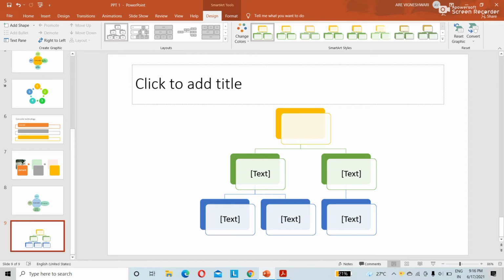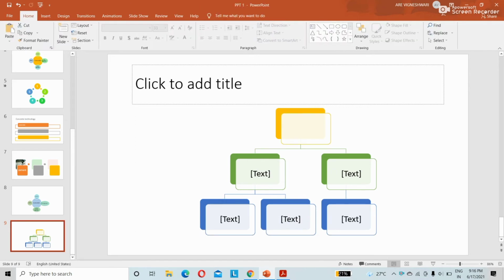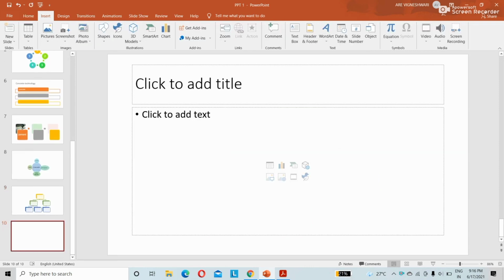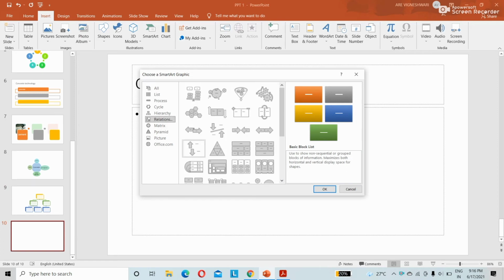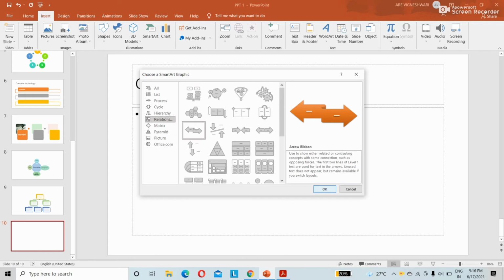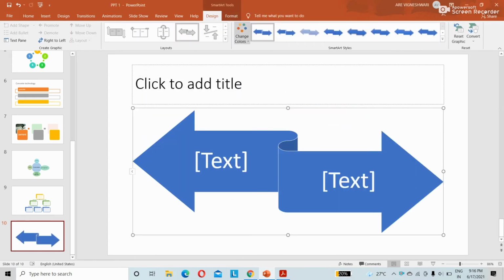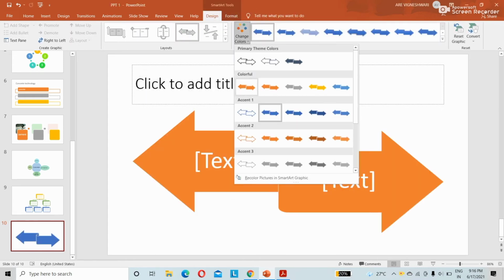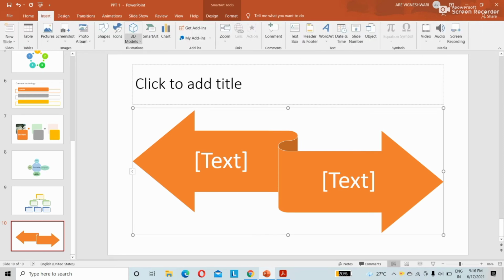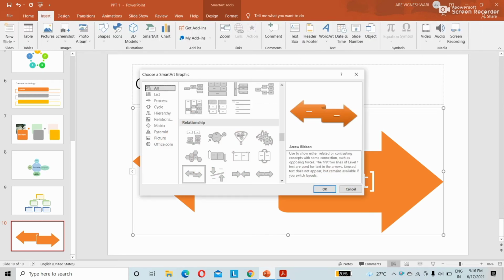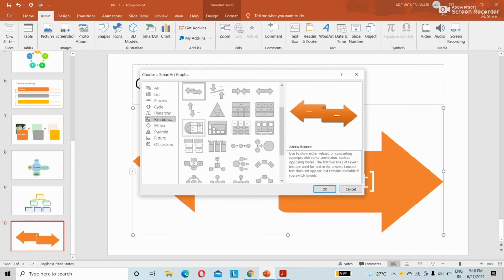Moving to the next, insert, smart art. Relations, any relationship. Randomly I am selecting here. If you want to explain about a particular thing, you can explain here in this way.